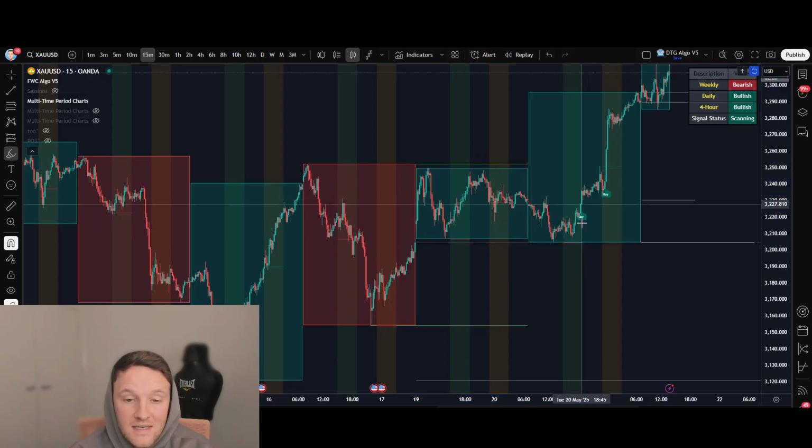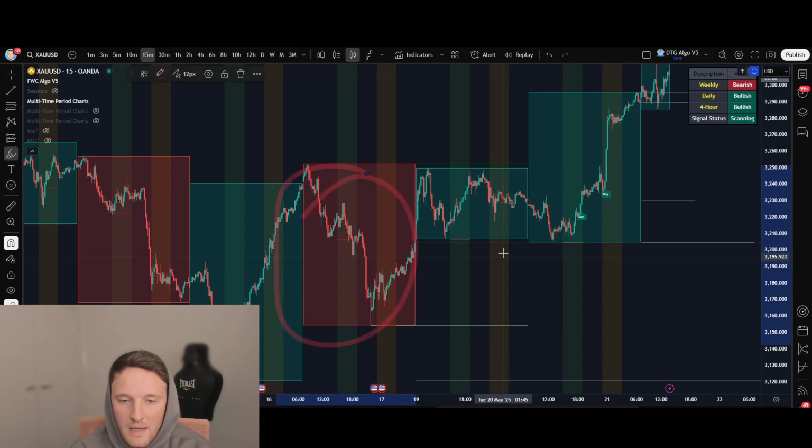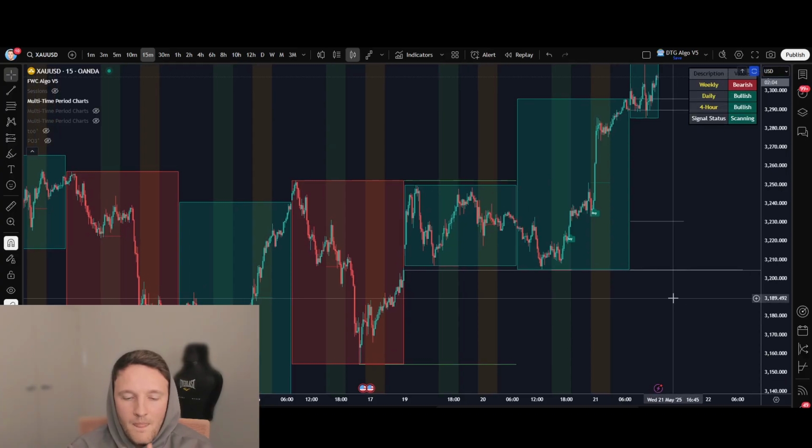And the reason I'm saying daily candle is because we've got the outline boxes here, okay? Currently on the 15-minute time frame, but these boxes right here are outlining the daily time frame candles, right? And how they're closing. If they're red, they've closed bearish. If they're green, they've closed bullish. So first of all, we have straight away a bullish sentiment based on the fact that we have a bullish